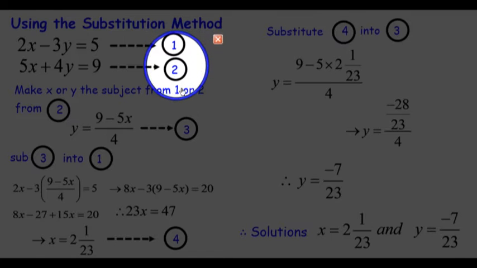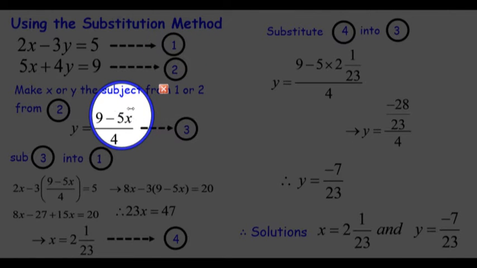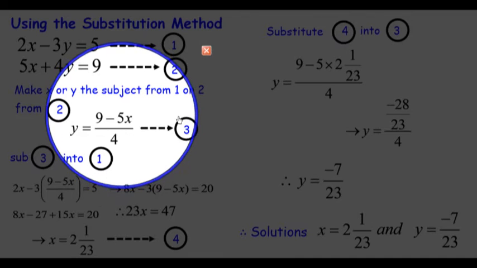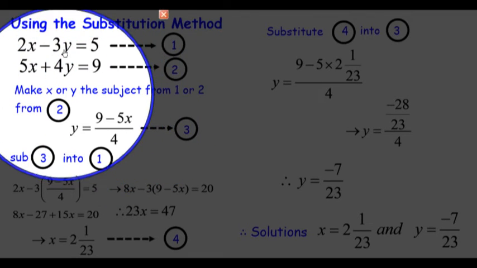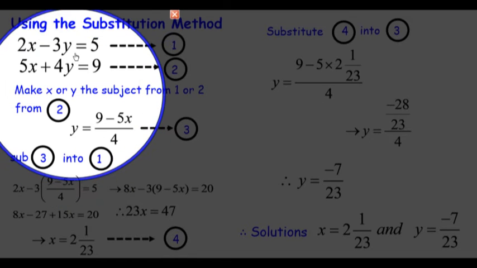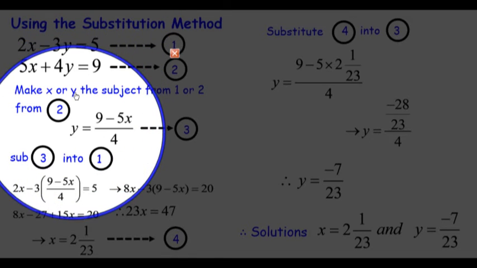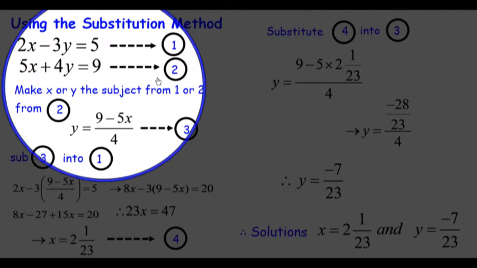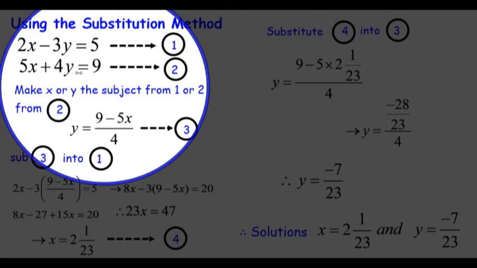Okay, so what are we going to do? Well, we've got to decide which variable we're going to make the subject, x or y. You can make either the subject, but if you look at equation number 2, 5x plus 4y equals 9, all I have to do is make y the subject. I just take 5x off both sides, 9 minus 5x, then divide by 4, and I actually have y,